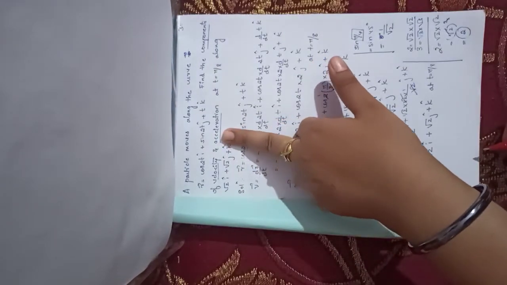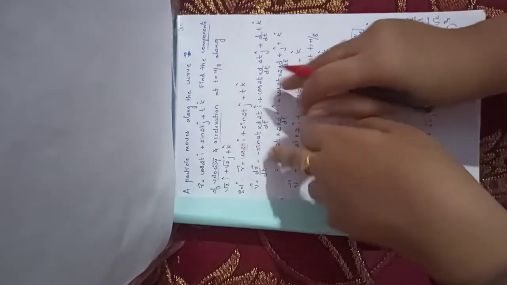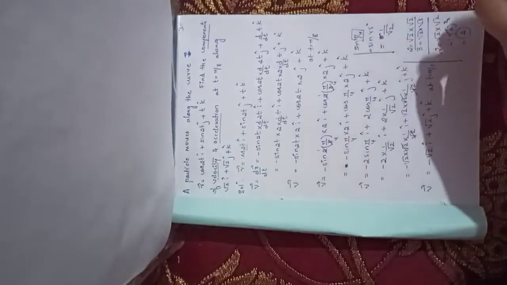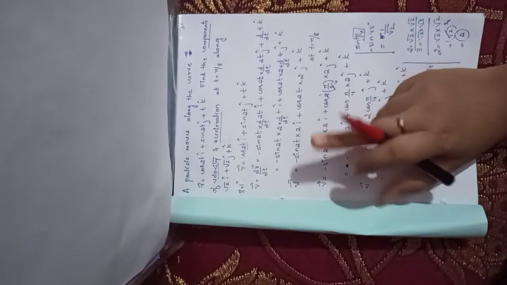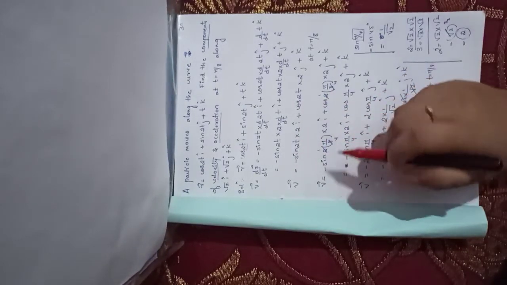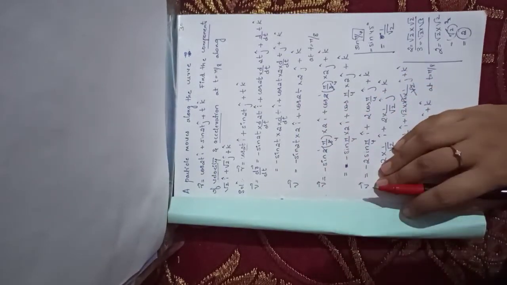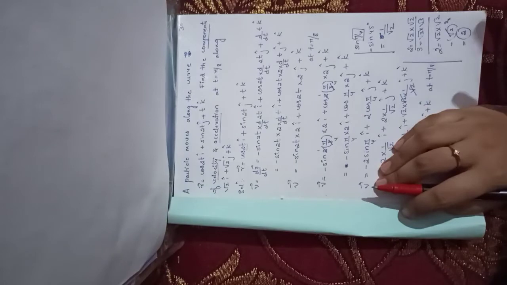So to find the components of velocity, I'll do it afterwards. For that, first I'll need to find acceleration. I'll start solving for acceleration, then I'll go for the other things. So how to find the acceleration? We know acceleration is nothing but the differentiation of the velocity vector. Whichever velocity vector answer you get, you take that and start differentiating it and get acceleration. So which one will I use?